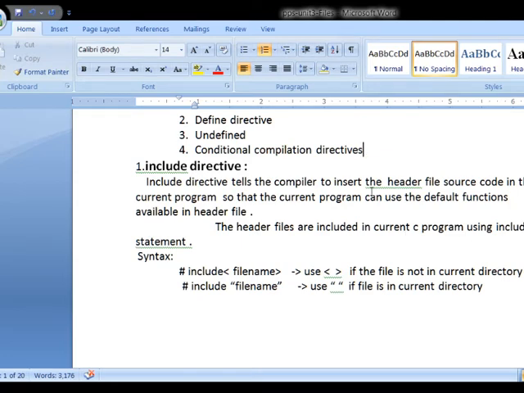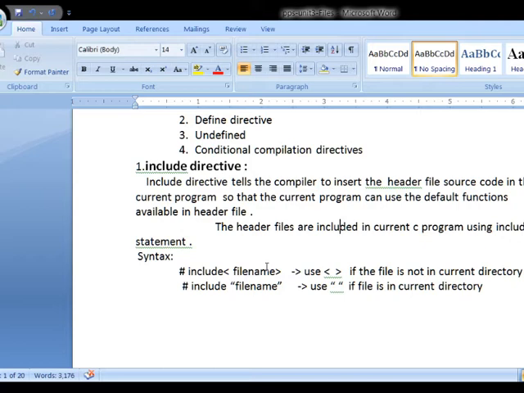Include is a directive used to insert the header files in your current program so that your current program can use the default functions available in the header file. To include your header files, we use the include directive. The syntax is include file name.